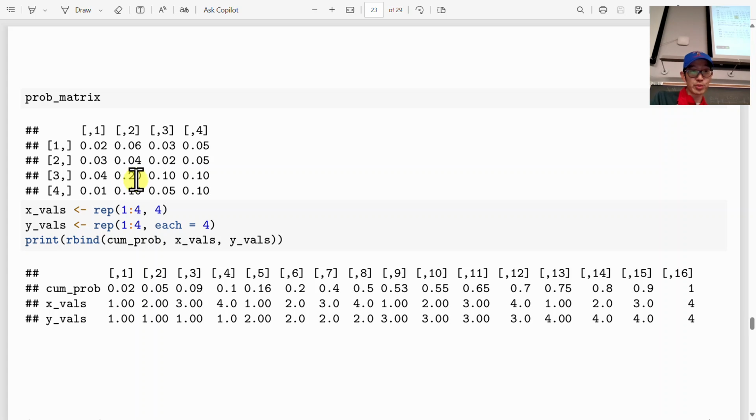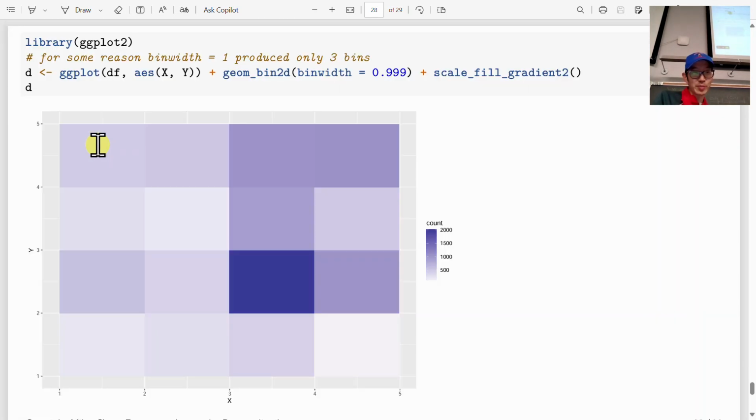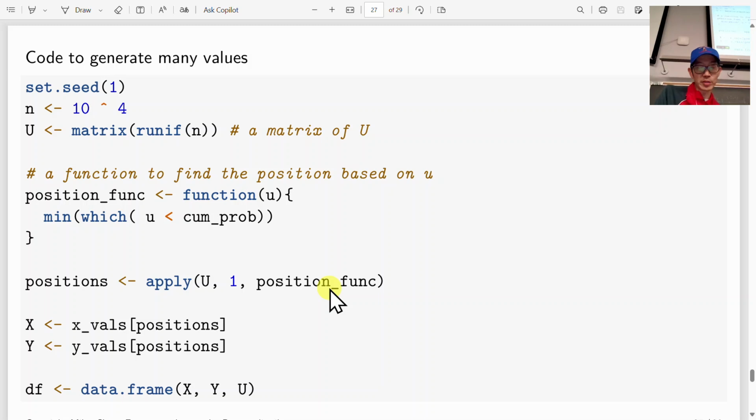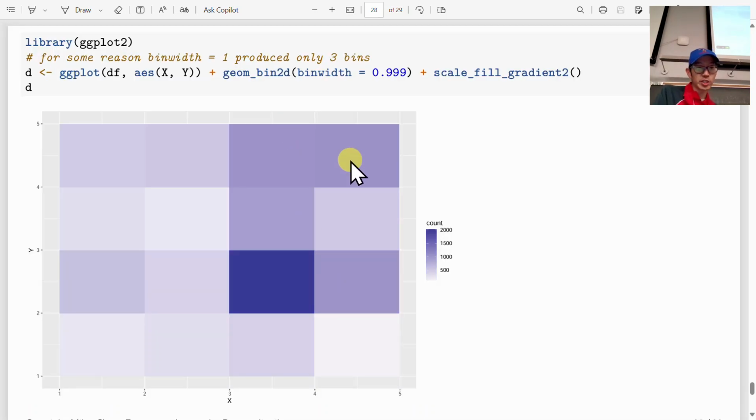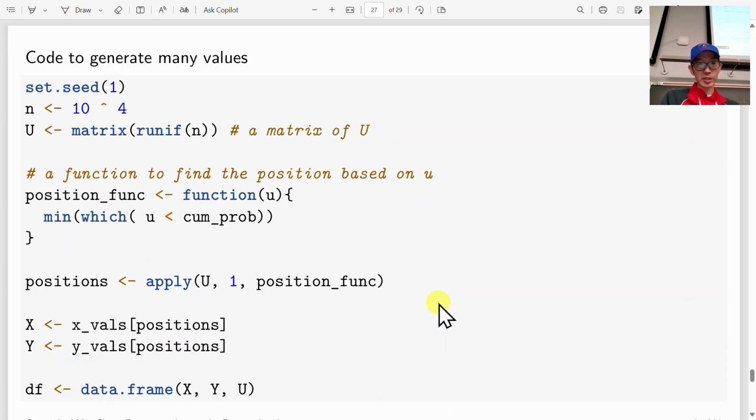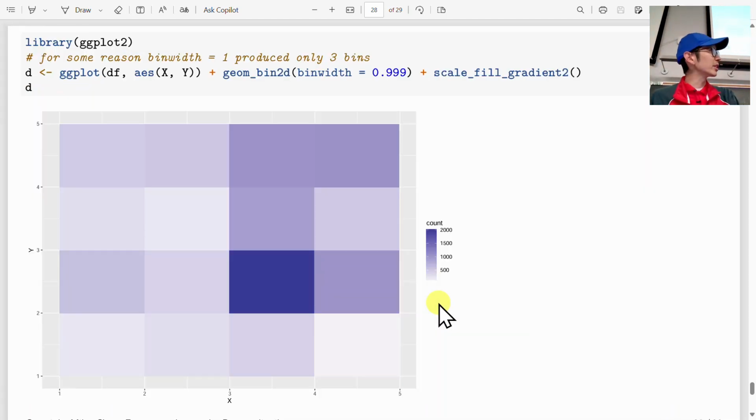Yeah, 3, 2. It got plotted, this is 1, 1 is in the top left corner, but then in the plot, 1, 1's in the lower left corner, so it looks a little bit funny. But this one has the highest probability of around 0.2. The other ones have probabilities of, say, 0.1 each, and these ones have lower probabilities of like 0.01 and things like that. Okay, so that's how we would go about generating